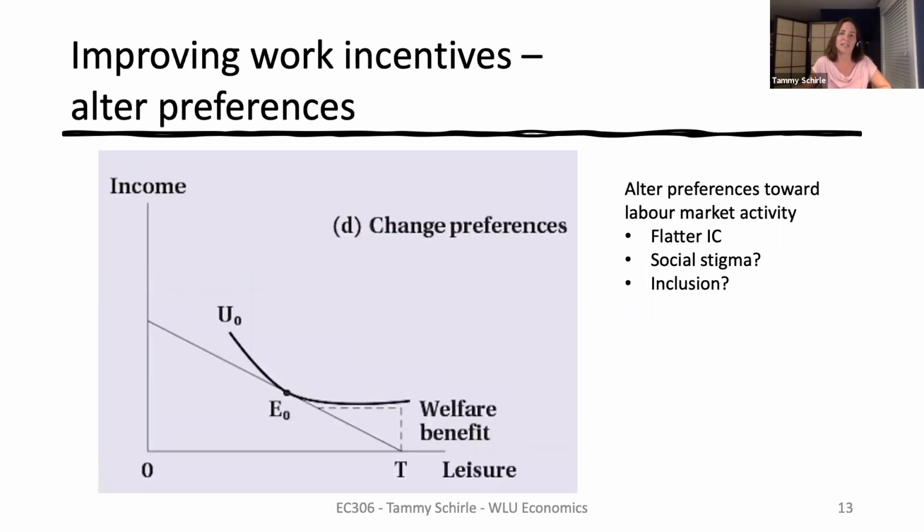The last option we consider here involves changing preferences. This falls outside the normal scope of research for economists, but we know that social stigma can discourage some activities. And I think it's fair to say there's generally been a stigma attached to the use of welfare. But I'd be concerned that worsening that stigma could lead to some people being pushed even further from the paid labor market with long-term damage. Efforts to make people feel more included in society as potential labor market participants may go much further in terms of bringing people into the labor market.